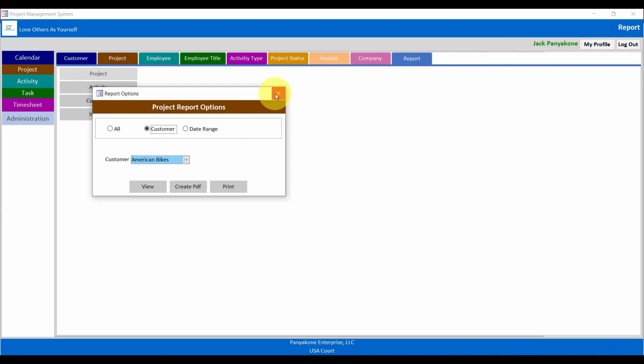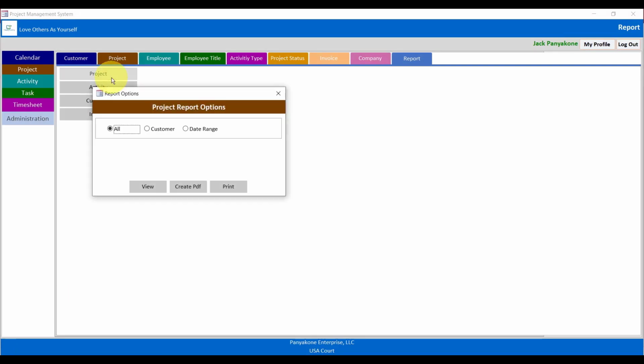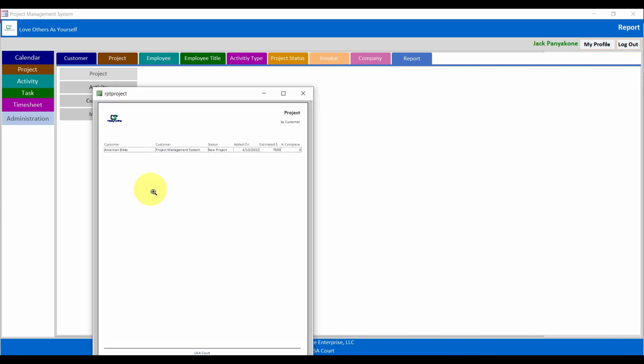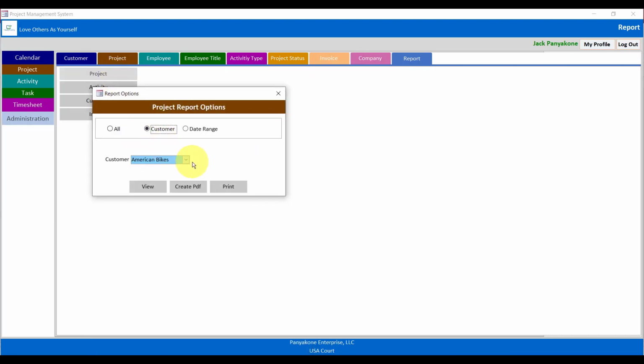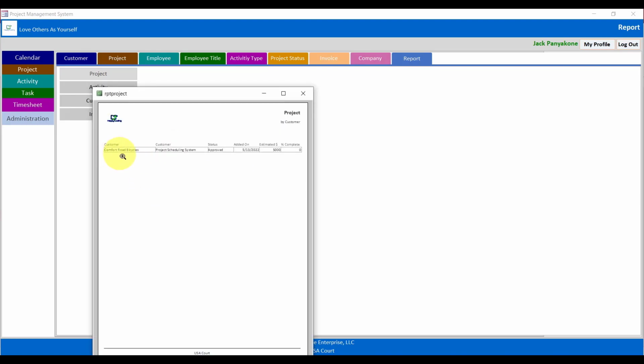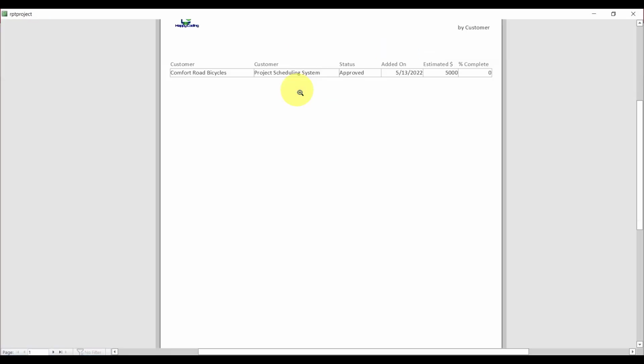I think there's something behind there. Let's close it out before we continue. Alright, so we had issues right here. When we select 1, it shows 2. Now it's 1. So this is American Bytes. Let's take a look at another one. This should be Comfort Road. Comfort Road, you see there? Comfort Road. So that's how